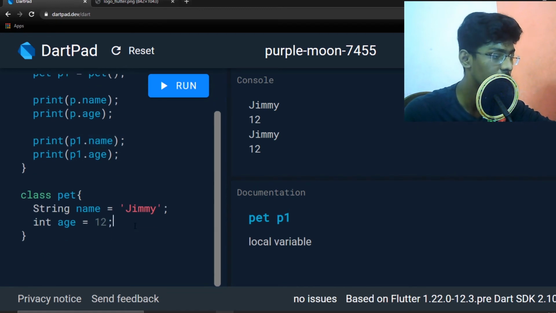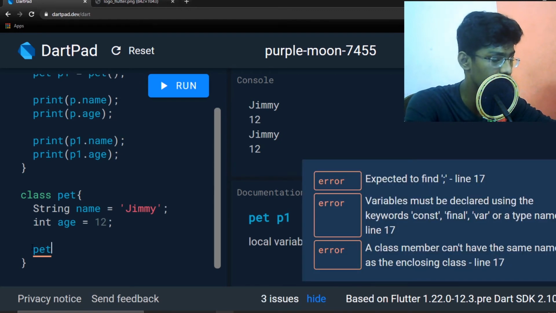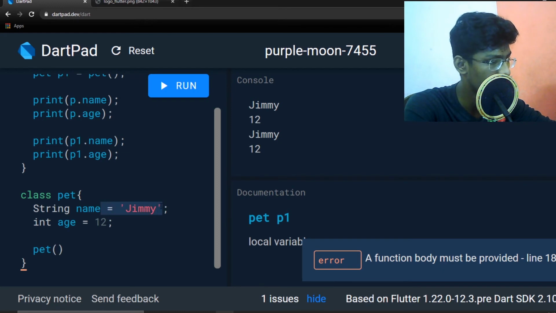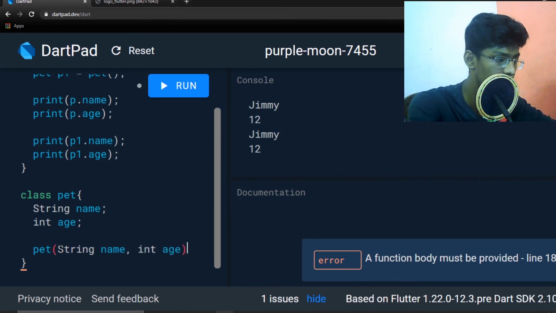So to do that, I'll create another new function inside my class with the same name as my class. I'll call the function pet, and inside it I will pass two arguments. I won't give any values to those variables now. I'll just define those variables and use those two variables inside my function. I'll say string name. This function has two arguments. One is the string name, another one is the int age. Now I'll close it,